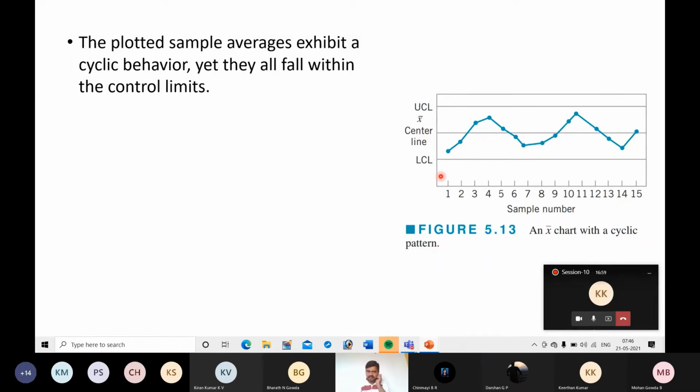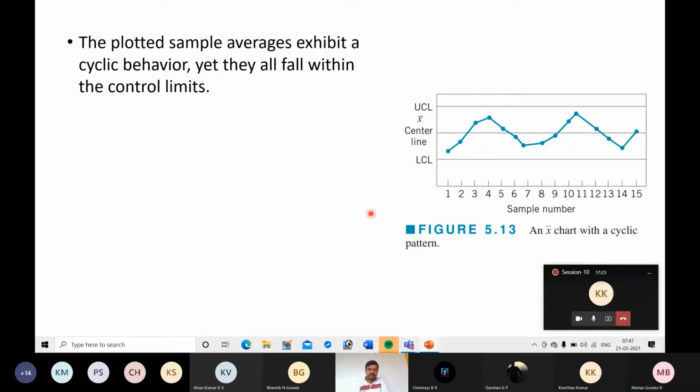So there is some difference in distribution. That is one thing. And you can find this pattern as cyclic because it is increasing, decreasing, then increasing, then decreasing. So an increasing trend followed by a decreasing trend, again followed by increasing, decreasing. So this is called a cyclic pattern. If points are in increasing nature, then decreasing, then increasing, then decreasing, that is called a cyclic pattern.